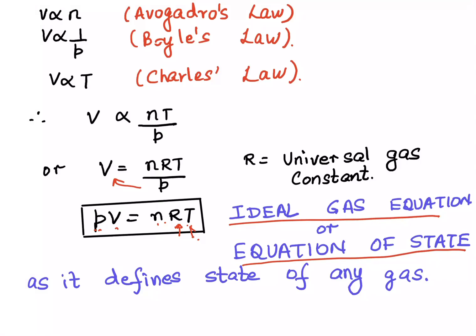state. Now, if you recall, when we started with lesson 1, we said that any gas is defined in terms of four variables: pressure, volume, temperature, and mass. It is this equation which is a culmination of these four factors and helps to combine them in one single equation rather than us dealing with each one of them separately. Right?